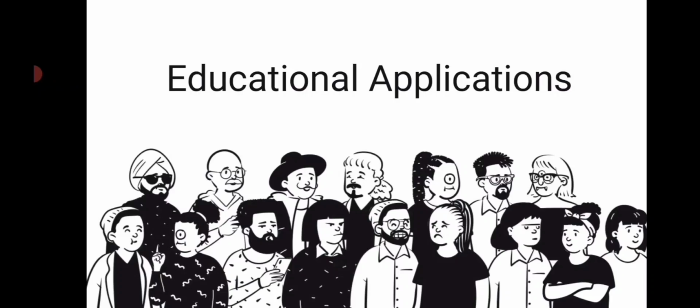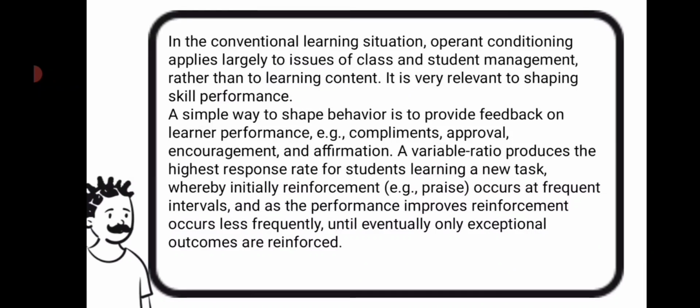So, what are the educational applications of this operant conditioning? In the conventional learning situation, operant conditioning applies largely to issues of class and student management rather than to learning content. It is very relevant to shaping skill performance. A simple way to shape behavior is to provide feedback on learner performance. Example, compliments, approval,